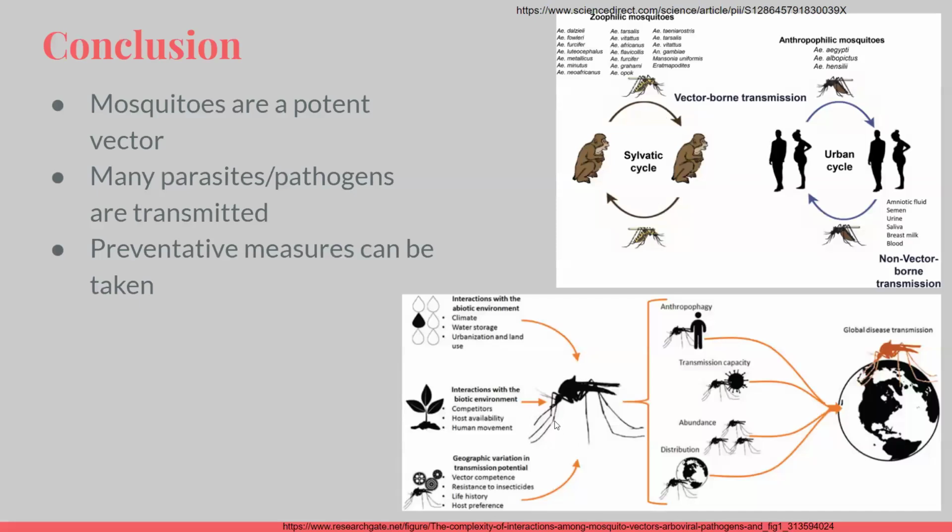And here we have another diagram showing that mosquitoes can transmit viruses, and can also distribute bacterial, viral, or eukaryotic parasites and pathogens. But preventative measures are available, and again,